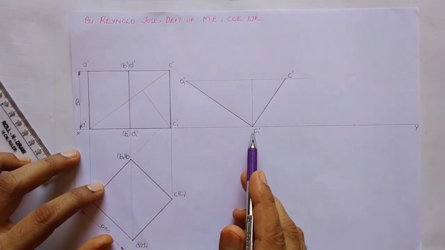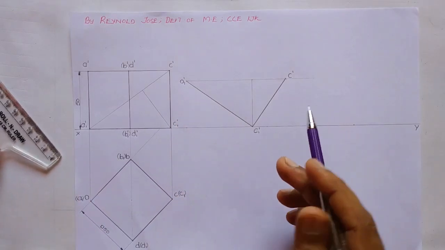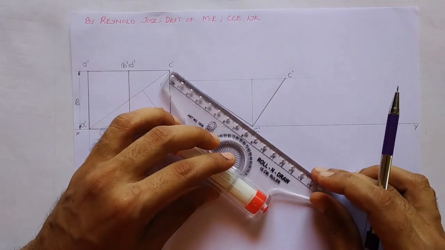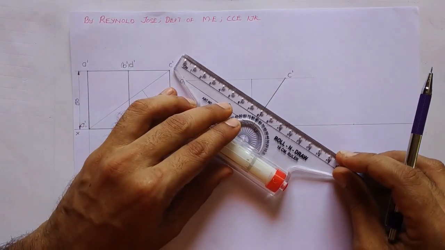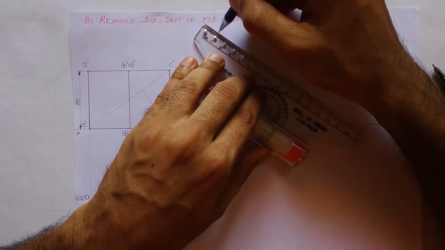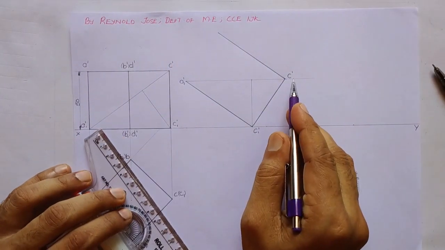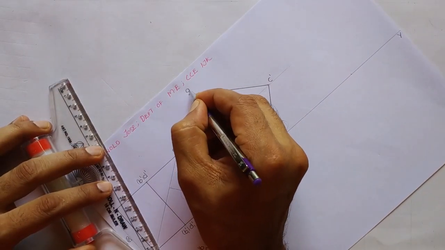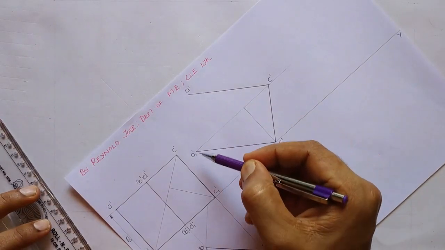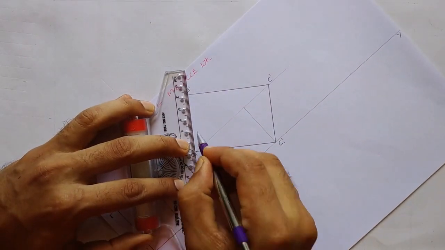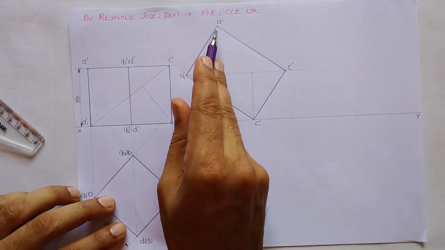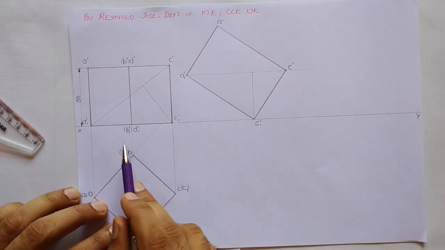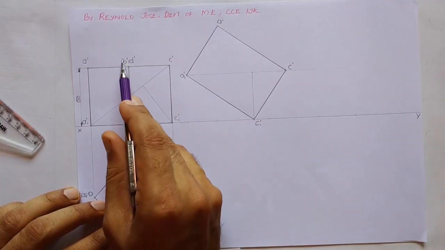So obviously this measurement and this measurement are the same. We have already measured it. It is approximately 71. So we shall draw another perpendicular line from C dash to the left hand side, which is having a measurement of 71. So this is C dash and this extreme point will be A dash. Now we shall join A dash and A1 dash. Now along A dash C dash and A1 dash C1 dash, we have to mark B1 dash, D1 dash and B dash, D dash.